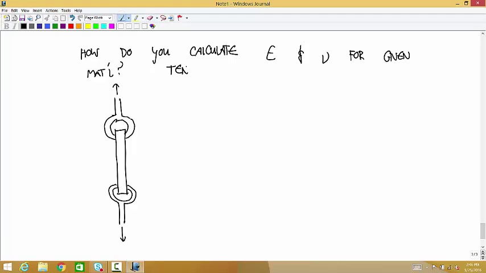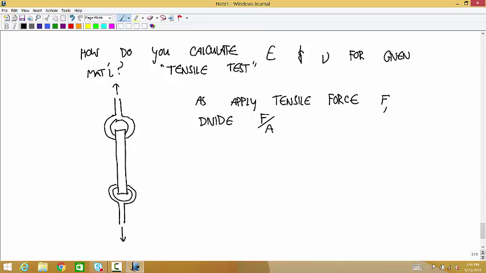So this is called a tensile test. And as you apply a tensile force, you divide F by the cross-sectional area